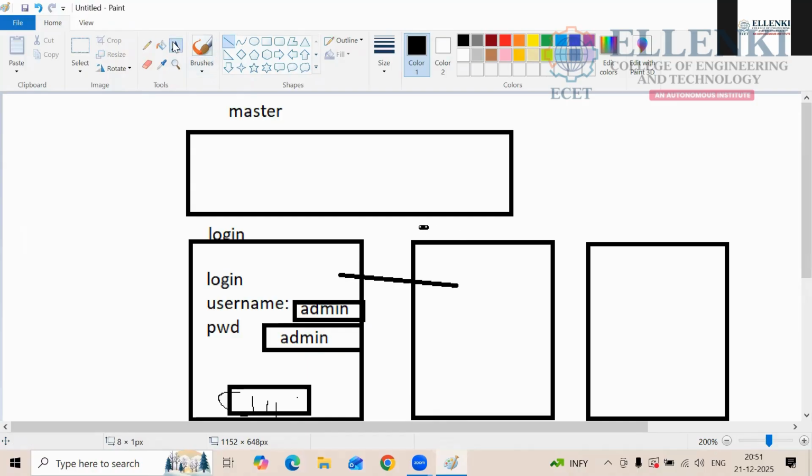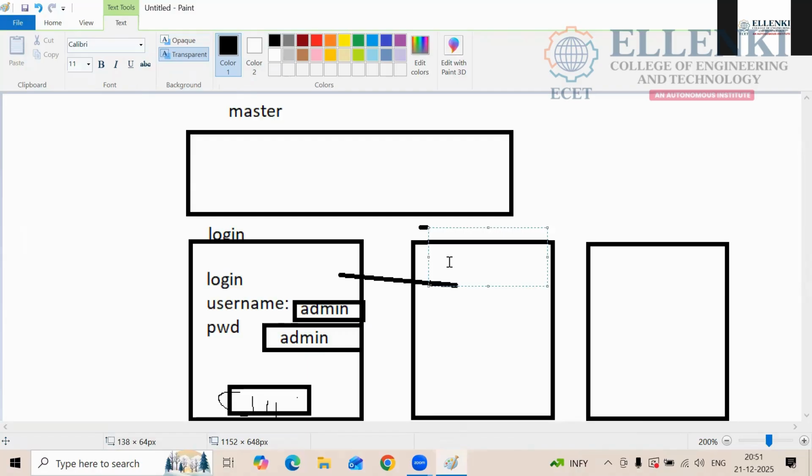This is the dashboard page. Here it has to give some message like login successfully. Whatever message you need, you can keep it here. Login successfully.